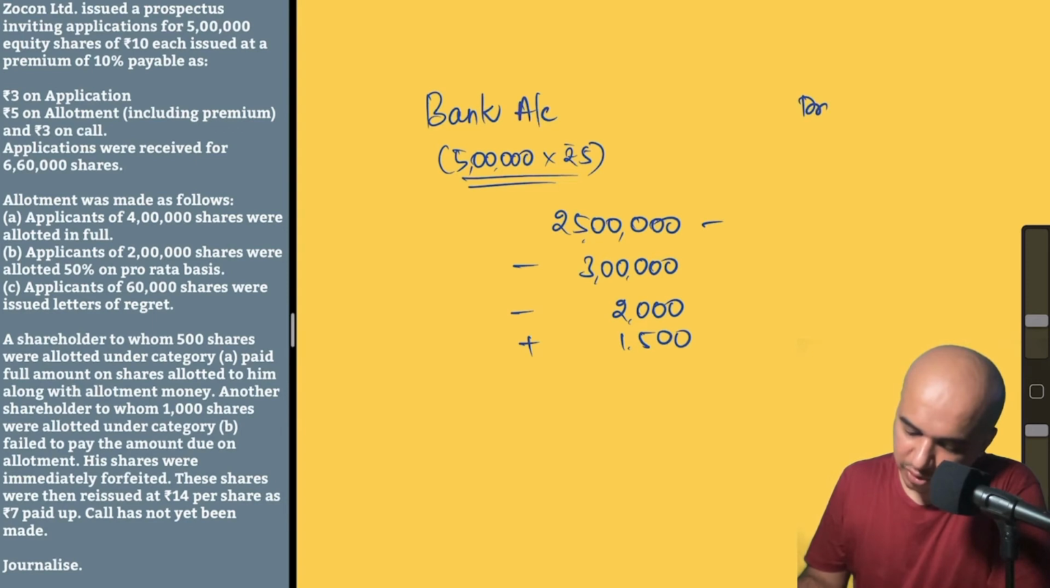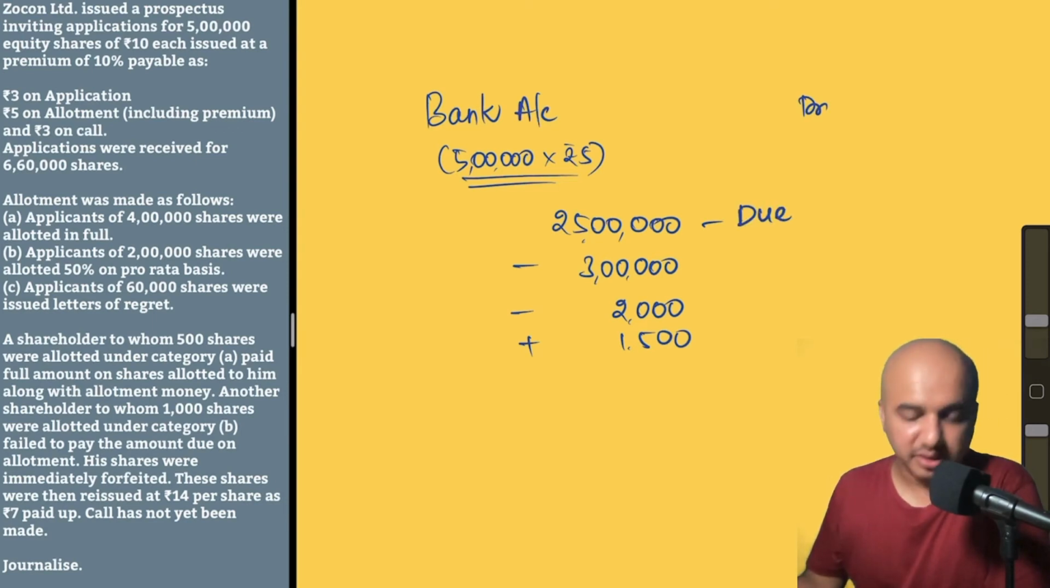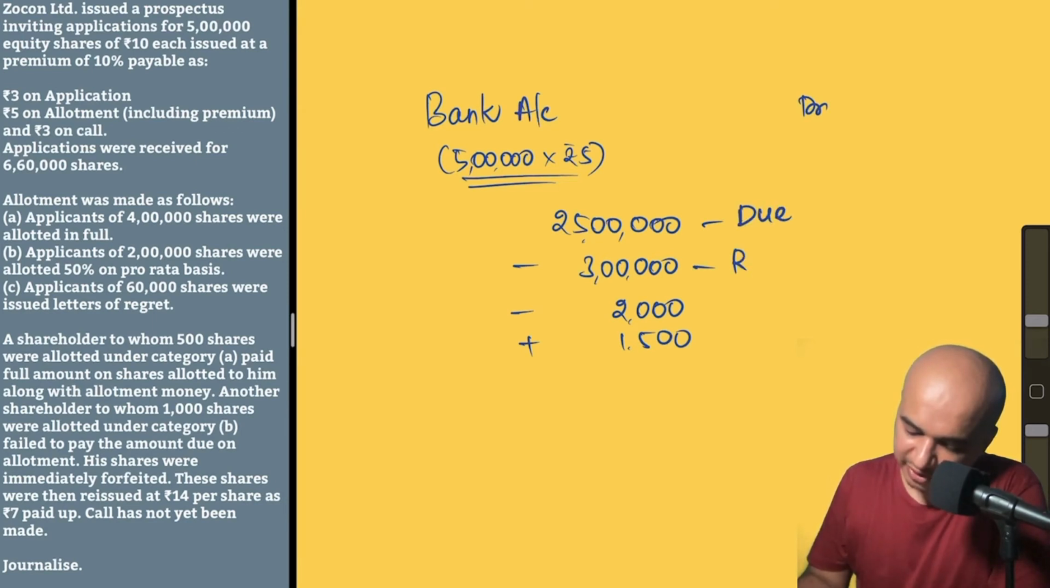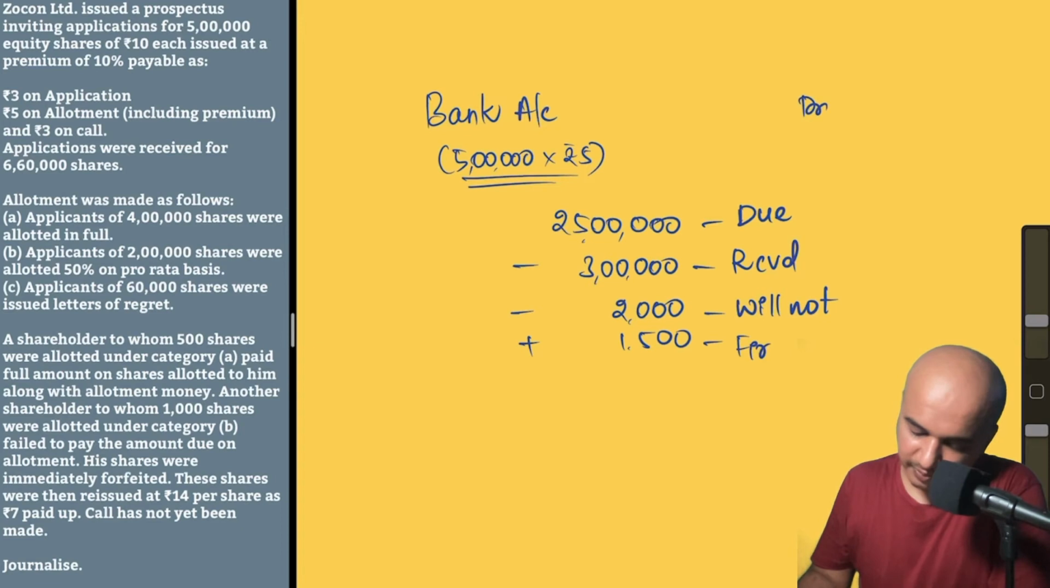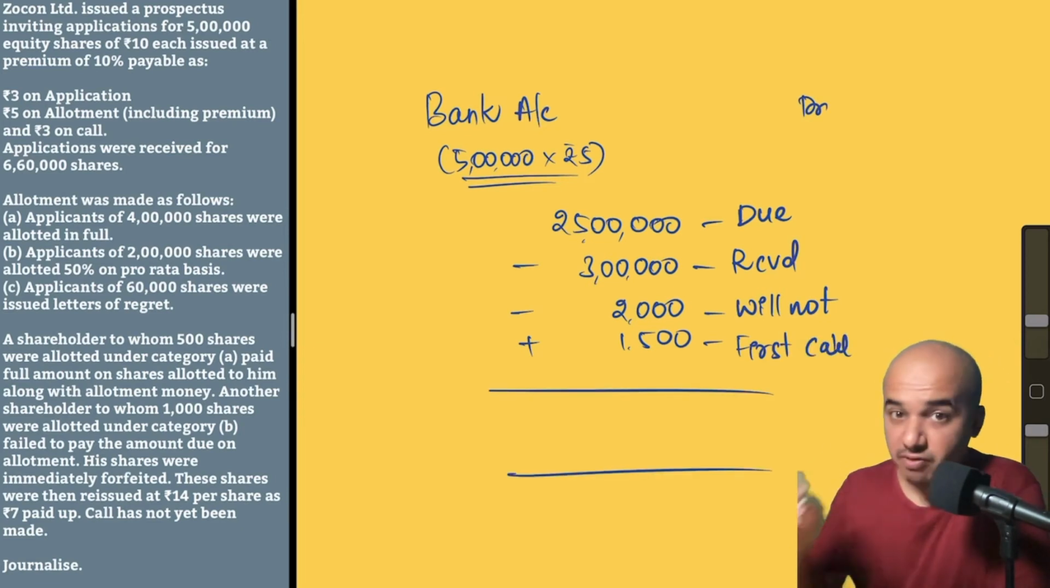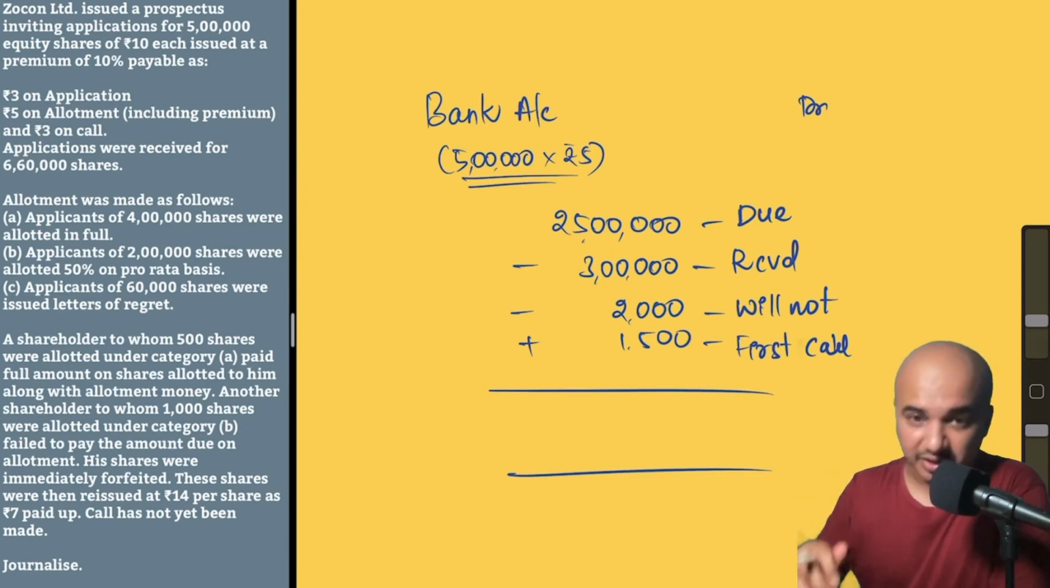This is the amount due towards allotment. This is the amount which we have already received towards allotment. This is the money which we will not receive towards allotment. This is the money which we have received towards first call. So we have to calculate this, then we will get the actual amount which we have received during the allotment